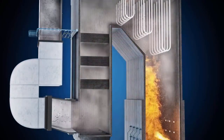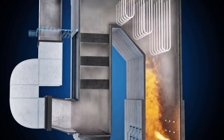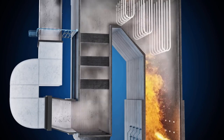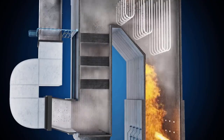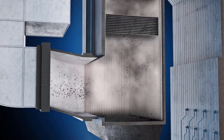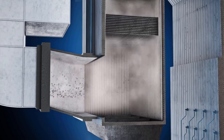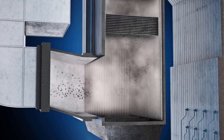While the heavier particles of ash fall to the bottom of the boiler, the hot flue gas containing finer particles of fly ash naturally flows up to the top of the boiler and around, down, and out through the backpass section. The last section of the boiler is the economizer. Because of the shape and the flue gas flow path, some of the fly ash falls out here into hoppers. This economizer ash is pulled by vacuum, mixed and sluiced with water to the ash booster station,